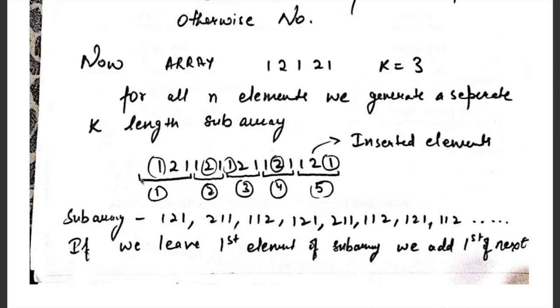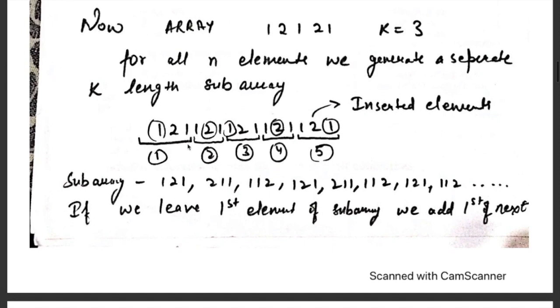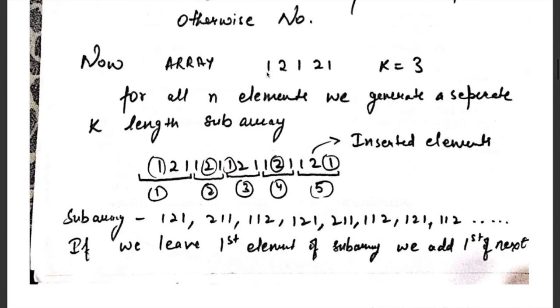Then we will output this subarray 5 times, that is the number of elements present in the array. Why do we do that? Because our first subarray will contain our first number for sure, since we have included all the unique numbers in our subarray. That means our first number must be present in our first subarray, and the remaining 2 numbers we have supposed to be inserted after our first number.